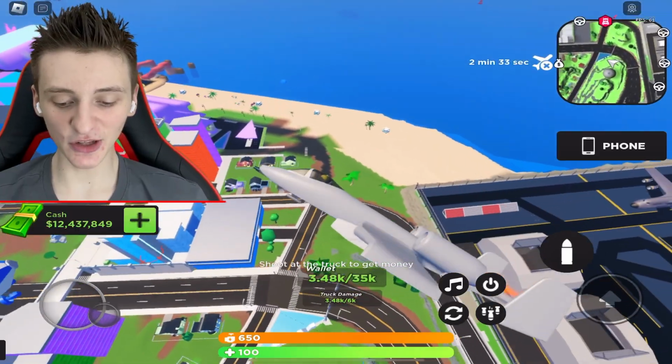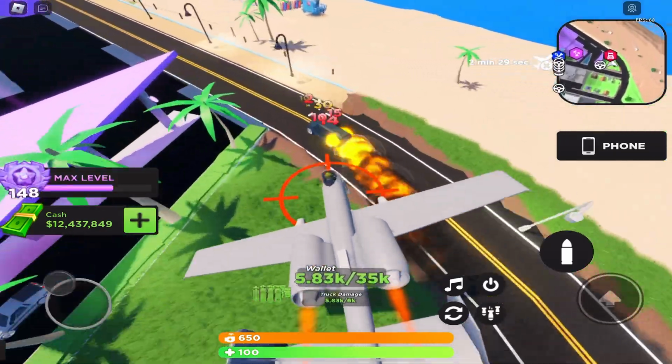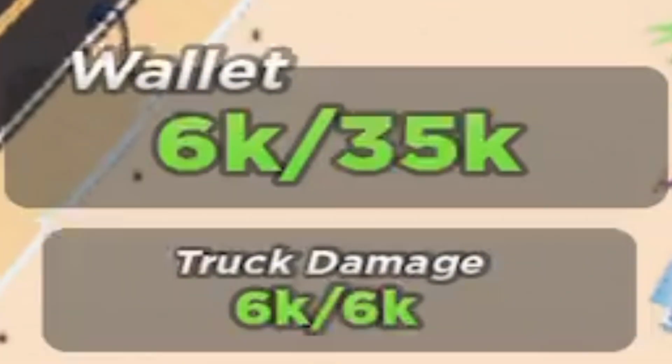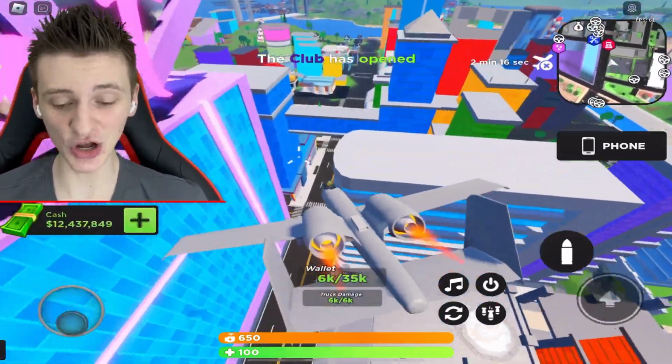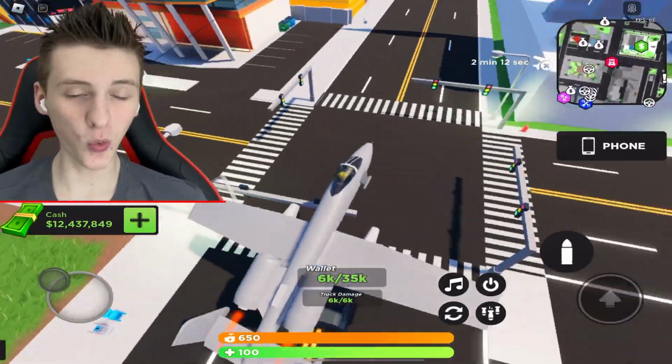The only problem with this vehicle, as you can see, is it's taken me a while to turn around. Let's see if we can get it again. Let's get some good hits, and will that fill up a wallet? It will. 6,000 immediately with this wallet. The only issue with this though is it takes a little while to turn around and actually get in a good position, but once you do get in a good position, as you can see, we're dealing quite a good